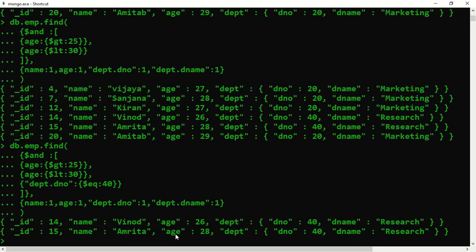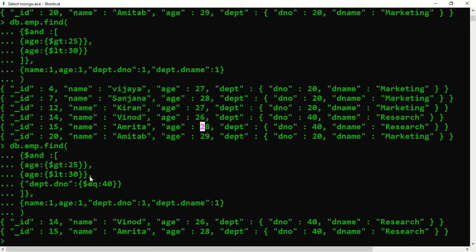So there are two persons, the age is 26 and 27, that is, we know Namrita, and the department number is 40. Previously it was 6 records, now it is 2 records. Why 6 records before? Because the department number was any and didn't make any difference, but now we said that we want the department number only 40. So these two have been listed out.